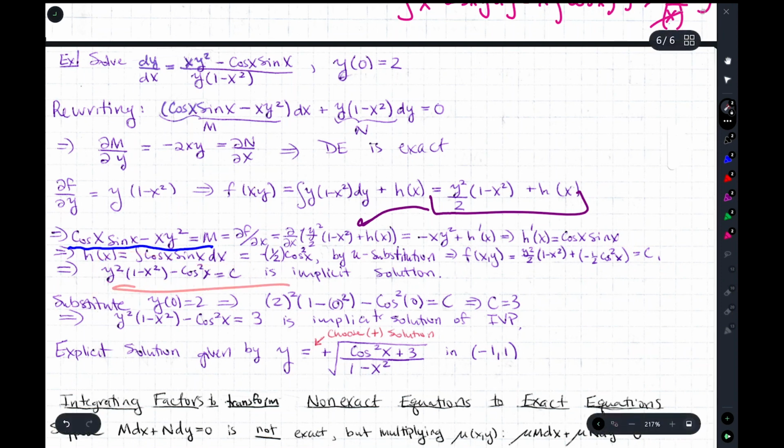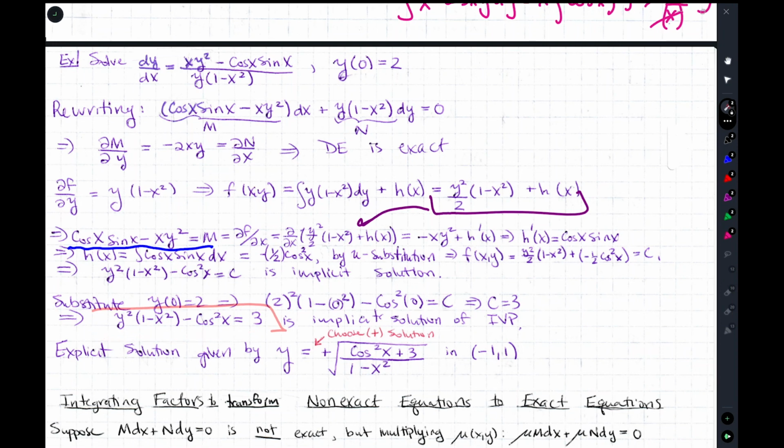But this is an IVP. We could fix that C. And how do we do that? Wherever we see a y, we plug in 2. And wherever we see an x, we plug in 0, because the initial condition is telling you that y equals 2 when x equals 0. This gives us that c needs to equal 3. And so here's our final